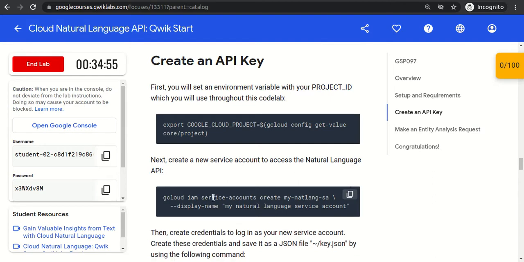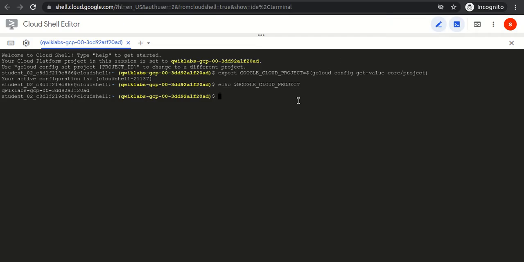So we will use the gcloud command. We are using the IAM service, under it the service accounts, and the operation we are doing is create, creating the service account.